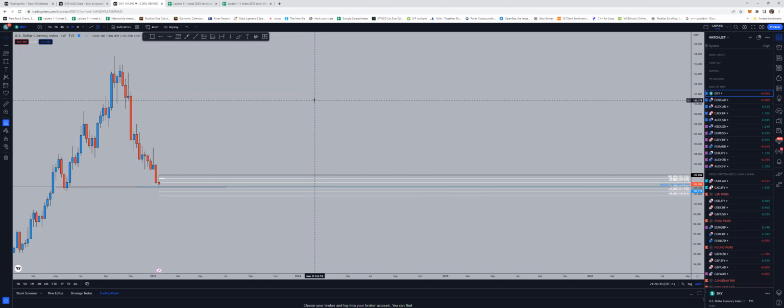Okay, so let's start with the DXY on the weekly chart. What can we see on the weekly? We are making lower lows and lower highs on the weekly. If I draw my tool zone here, we are making this low, lower high, lower low, lower high, lower low. So everything between this lower high and lower low can just be a correction for possible more downside